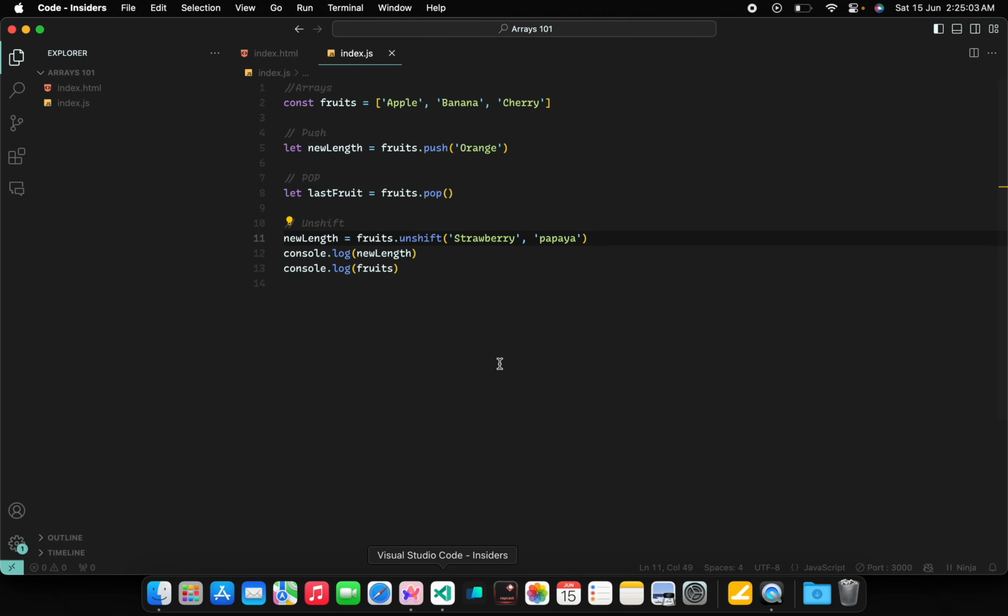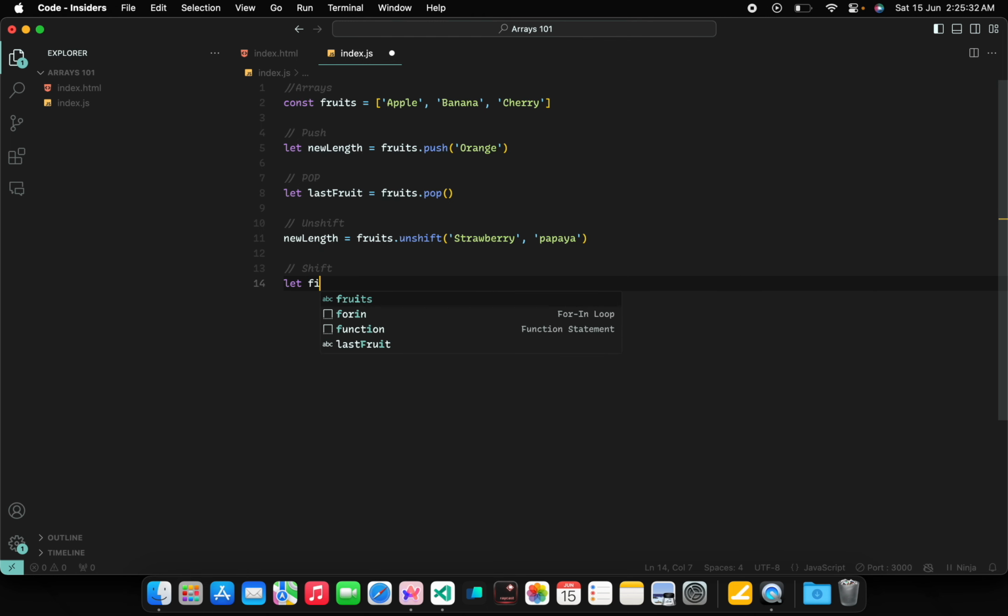Finally, let's discuss the shift method. So if I remove these, now what does shift do? The shift method removes the first element from an array and returns that element. It is similar to the pop method, but instead of the last element, it removes the first element of the array and returns it. So I'll do let first fruit